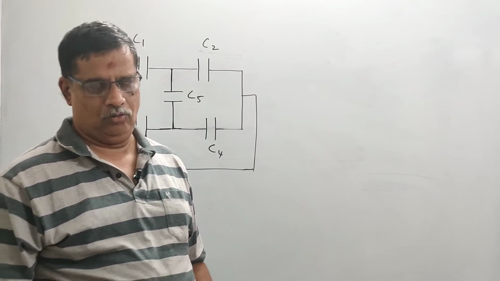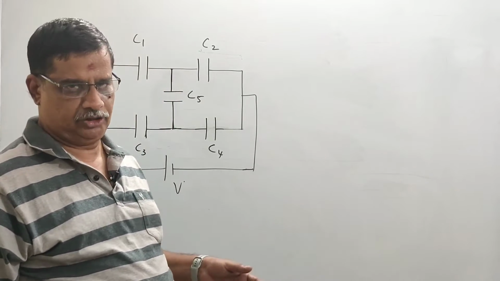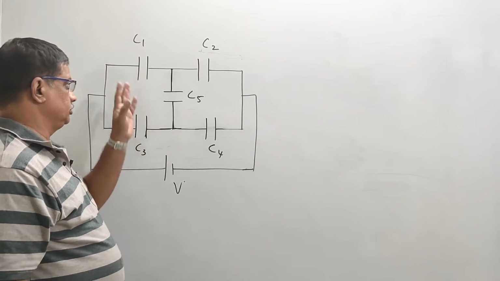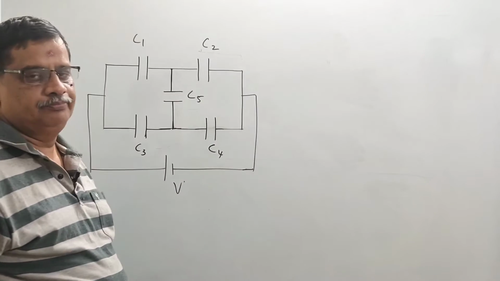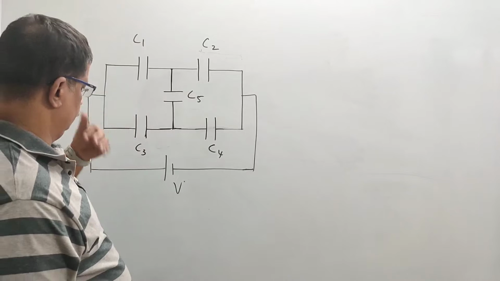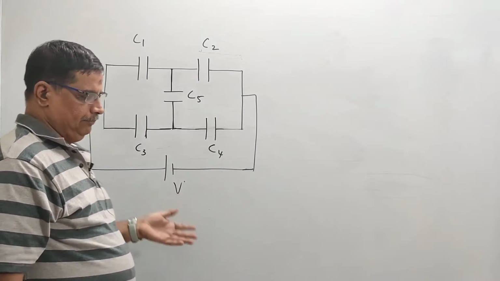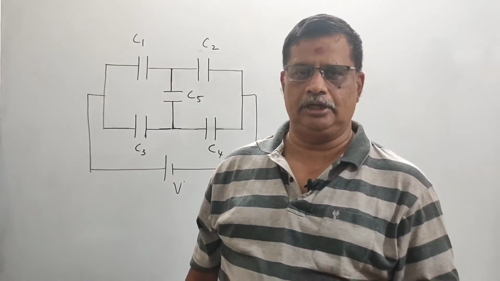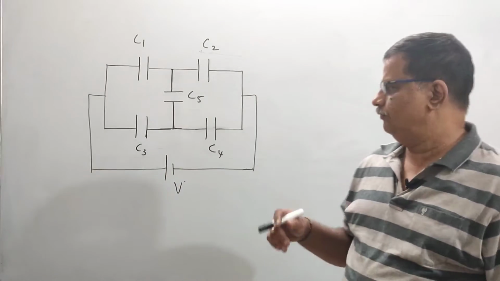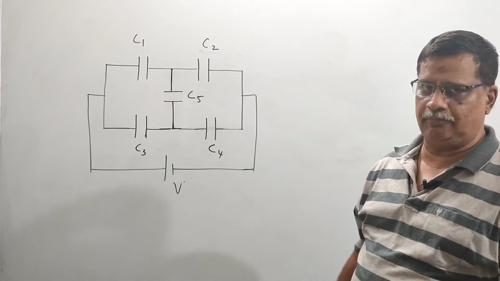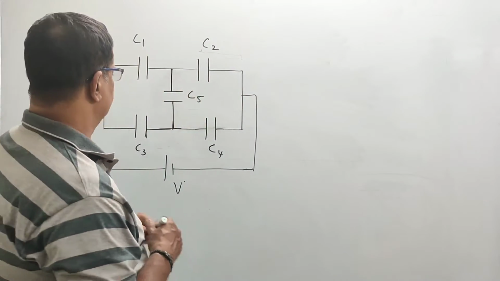Let us look at the nodal analysis which is used for solving capacitor circuits. So we have a circuit here in which 1, 2, 3, 4, 5 capacitors are there. We have connected a cell to this circuit and we want to find the charges appearing on all the 5 capacitors. If you want, you can calculate the equivalent capacitance of the circuit also. So this method can be used for finding the charges and also the equivalent capacitance of the system. So let us see how this can be solved.